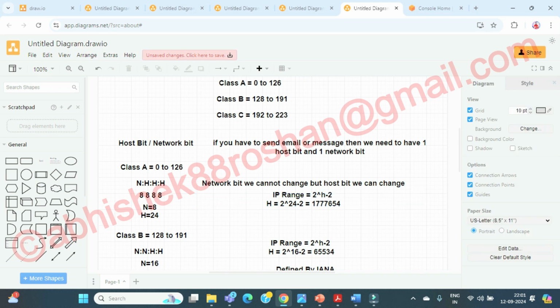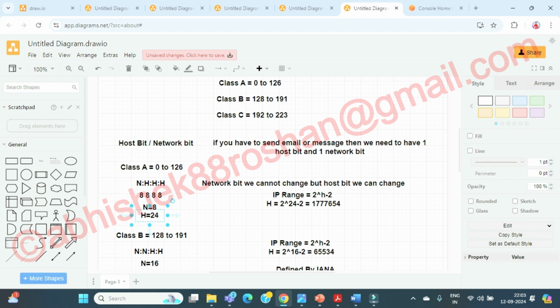1,777,654. You guys can calculate. This is how you are deciding your class A IP range. You can only calculate the host bit. You cannot make changes in the network bit because that is static. So you can only do 2 to the power 24. From here you can understand 8 plus 8 plus 8, 24, and minus 2. It comes around